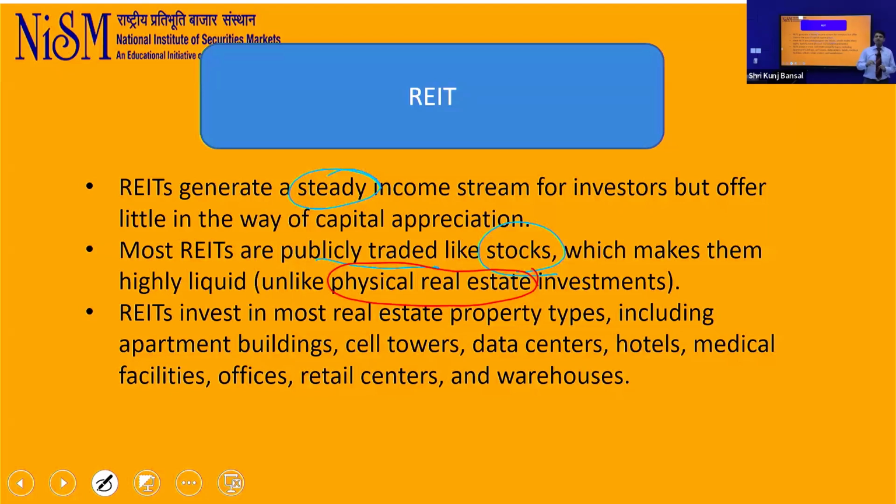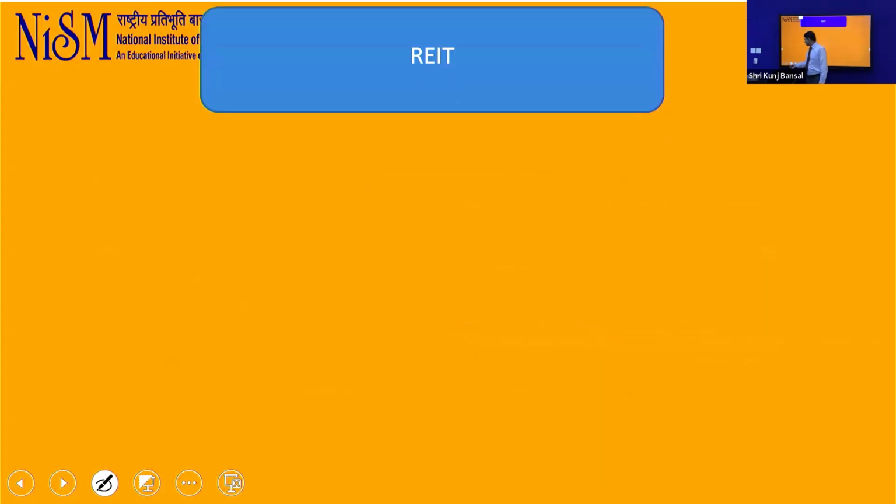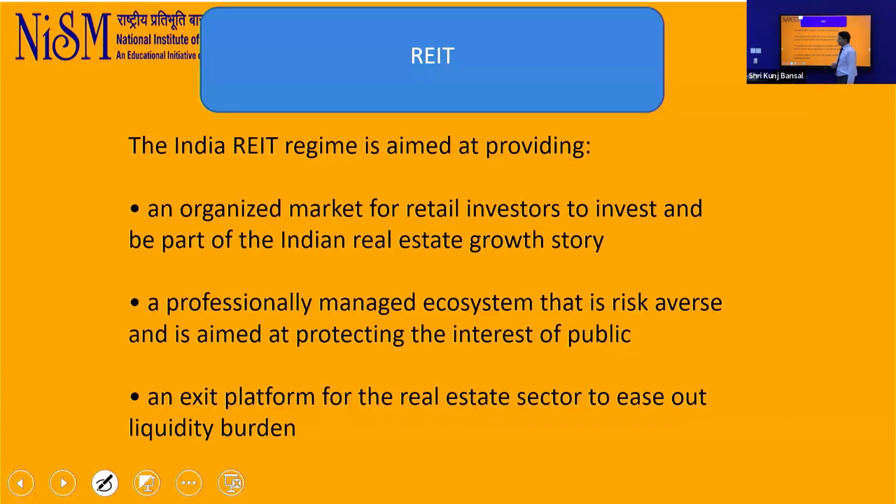Of course, the occupancy can keep going up higher or lower, but they can't do investments in the building stage, construction stage, initial stages, because that doesn't give them earning, and that's not their job. Their job is to earn income for you and distribute it. So these are the biggest advantages of REIT, as we have seen the comparison. Going forward, in terms of some more details, so what is the objective of a regulator? What is the objective of us in India as a structure behind starting REIT?